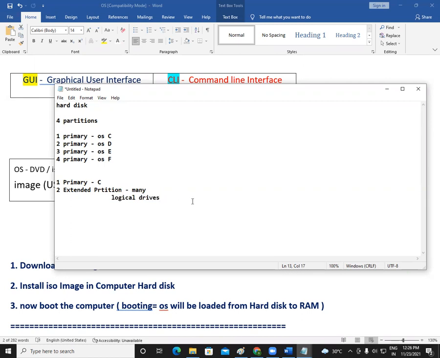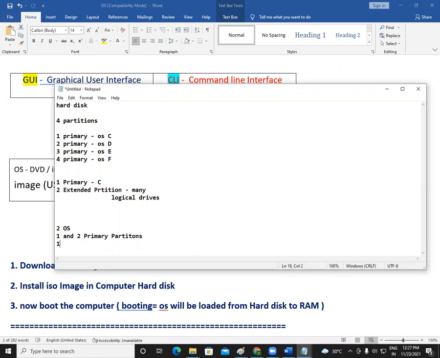But suppose you have 2 operating systems in your machine. That means 1 and 2 are the primary partitions. Now, can you please tell me how many more partitions you can make? You have already created 2 partitions here. The first and the second partition are primary partitions. So how many more partitions? Exactly 2 more partitions we can create here, right?